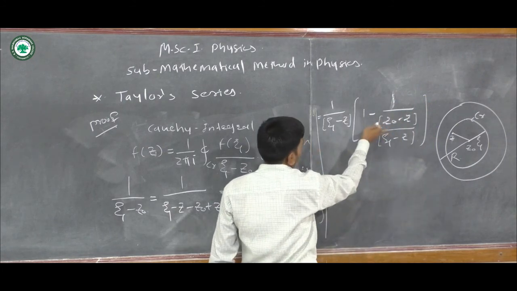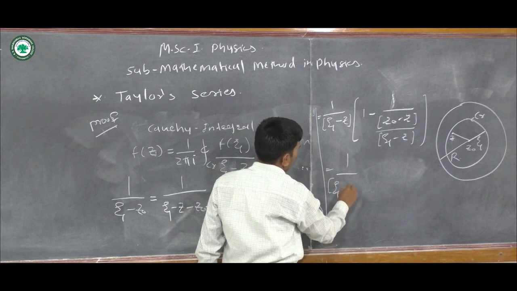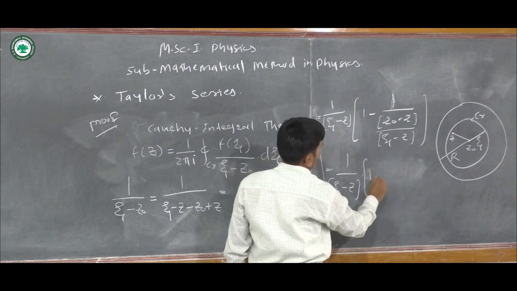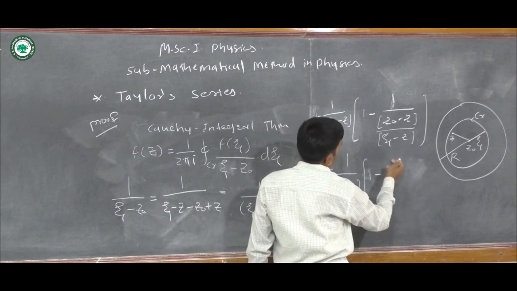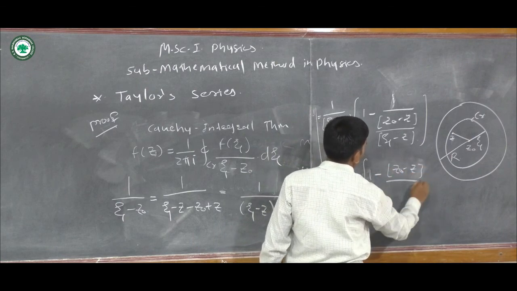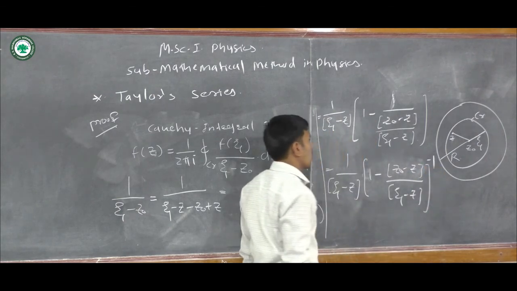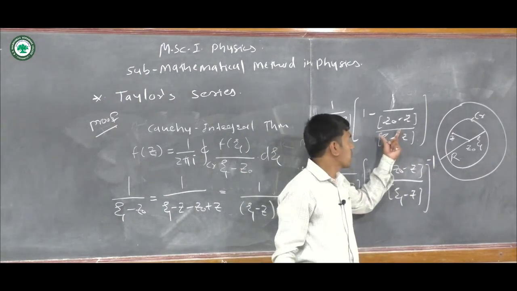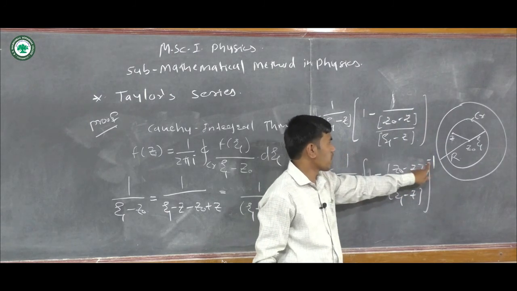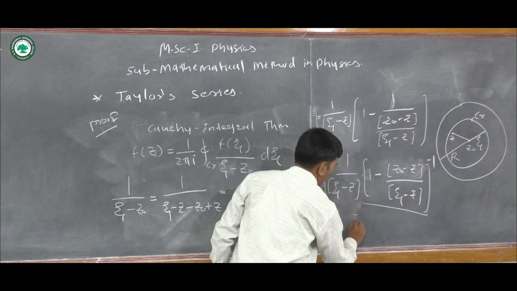So this bracket we can write 1 divided by psi 1 minus z into 1 minus z naught minus z divided by psi1 minus z, in the power minus 1 of this bracket. Okay, here is a 1, and here if we write like this, so here is a minus 1. So now this bracket,